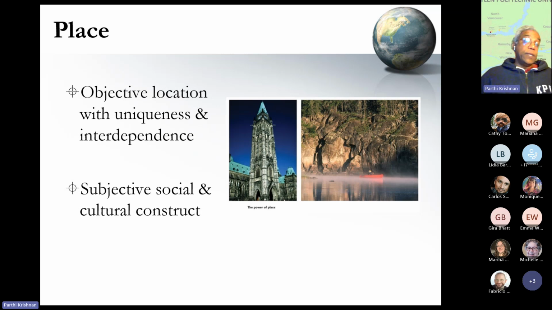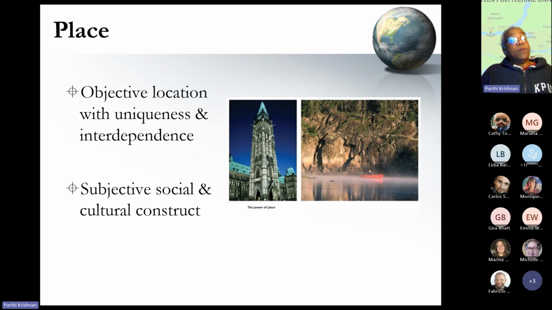The first component is obviously the objective location with unique spots as well as interdependent with other spots around them. For example, we use latitude and longitude to locate positions on Earth with the equator and the prime meridian as references. Another example is street addresses. The number allows you to locate the position based on where it is sequentially on a street. And this is exactly how Google Map finds street addresses in real time instead of storing every single address and its location in a geodatabase.